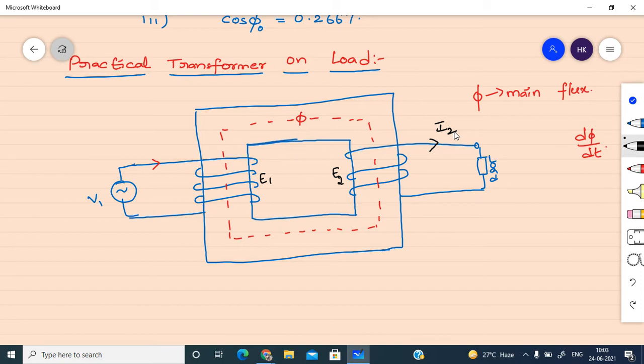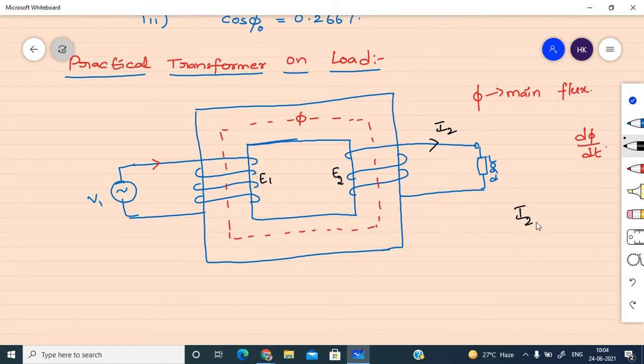Now from here onwards, you have to listen carefully. Because the current I2 is flowing in the secondary winding, again some flux will be produced. Whenever there is a current, there will be a magnetic flux. There is the Oersted principle, right? Oersted proved it experimentally. So we have current I2 now. I2 current is flowing in the secondary circuit.